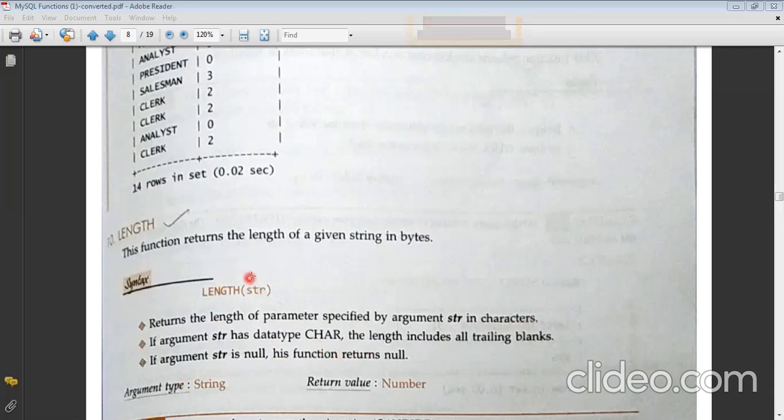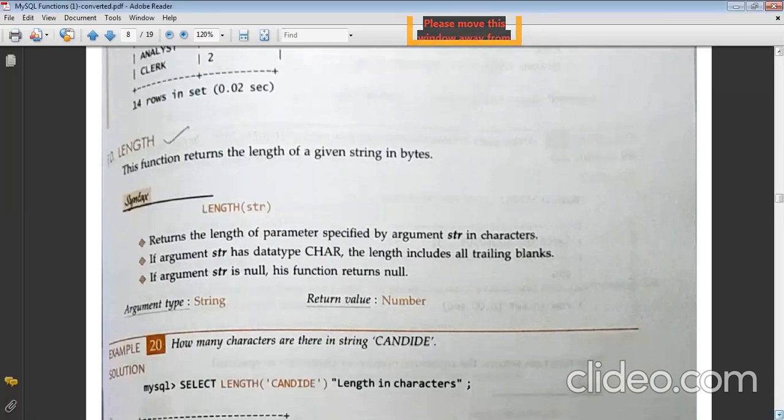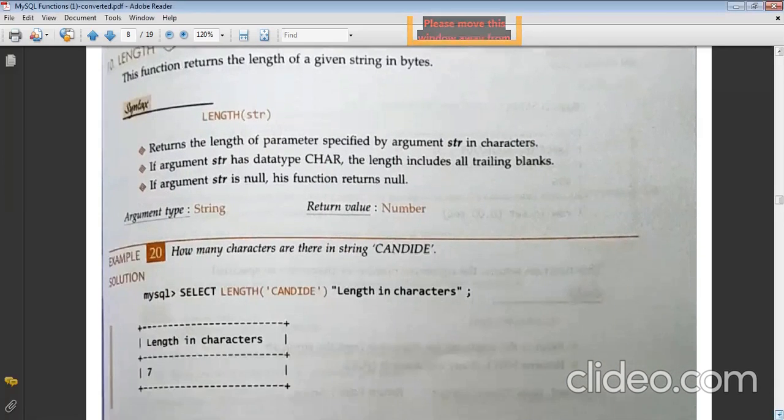If no string has been passed, then the output will also be null. Here also, as INSTR had, it takes input and returns the output in the form of a number. There also we were taking a string and giving numbers as the output. Similarly, in LENGTH also the same is there. Let's see some examples for it.